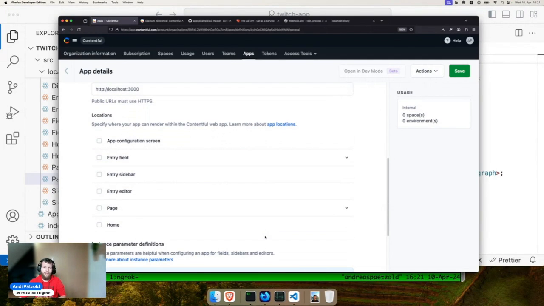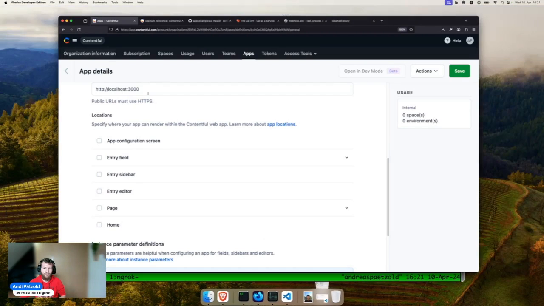Then, as I showed you at the very beginning, the apps can be rendered in various different locations within Contentful. And now we need to specify where it can actually be rendered. Because what we want to avoid is that somebody, for example, assigns an app to a certain field, but the app doesn't support it and then crashes. That would be a bad UX for all the users. So in here, we can select very precisely what the app is compatible with,